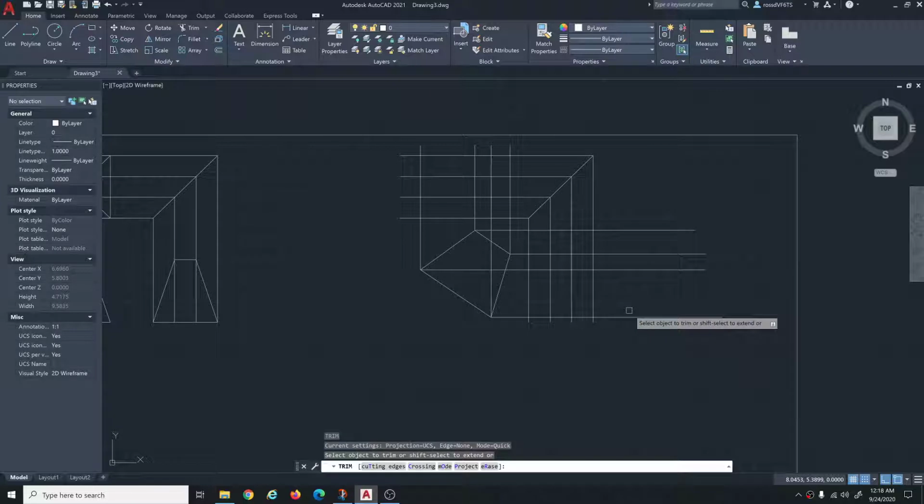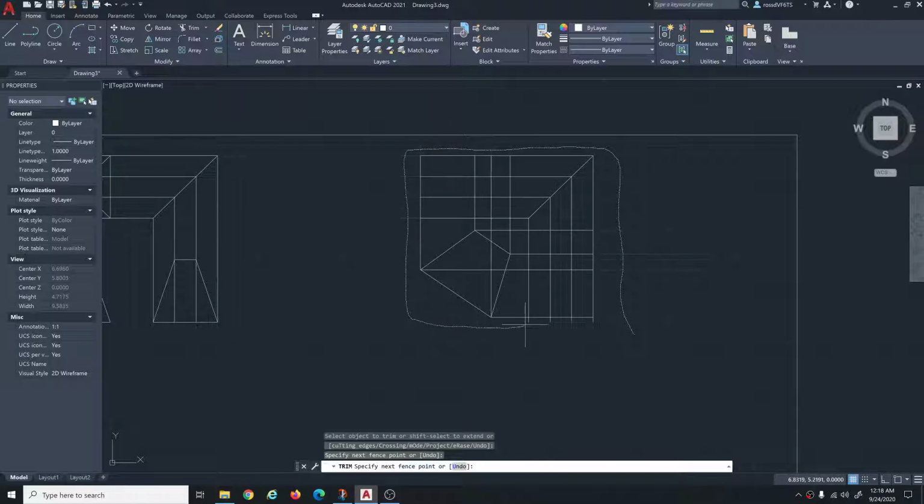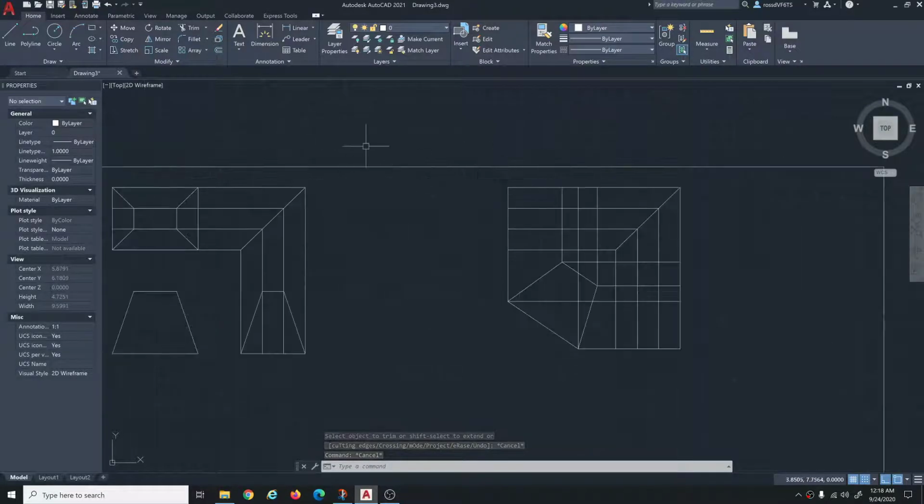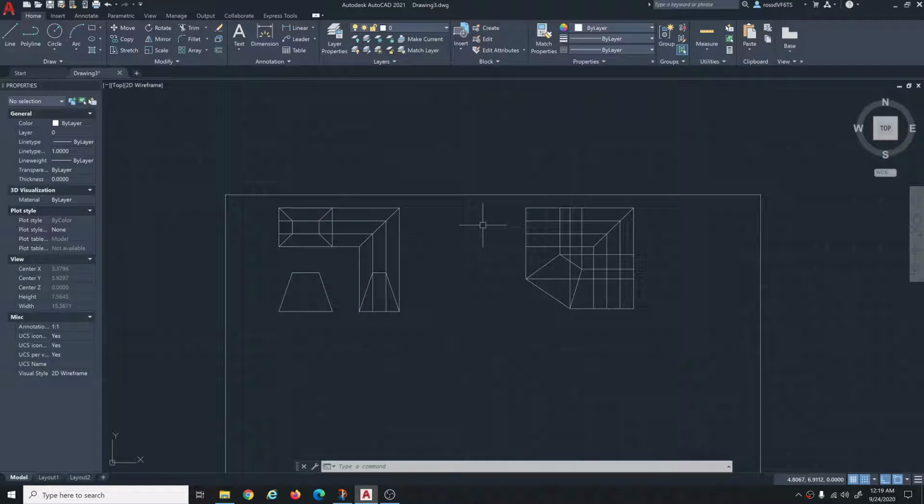TR, trim, enter. Yeah, if you do this right, you can. It's kind of slick. I'm kind of digging this whole trim. Yeah, that's neat. All right, let's